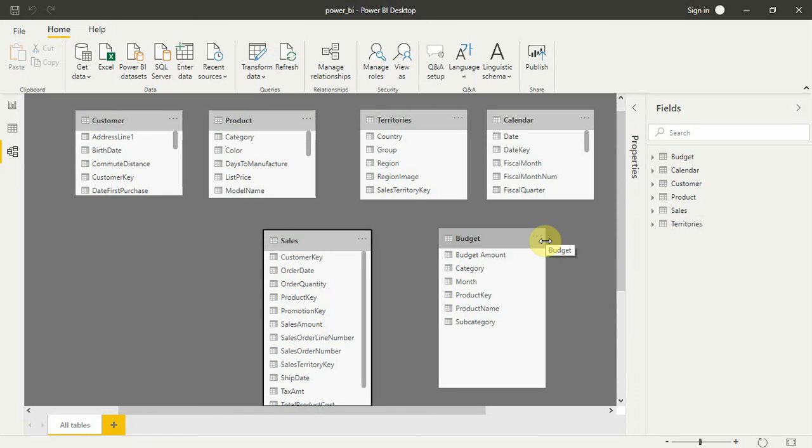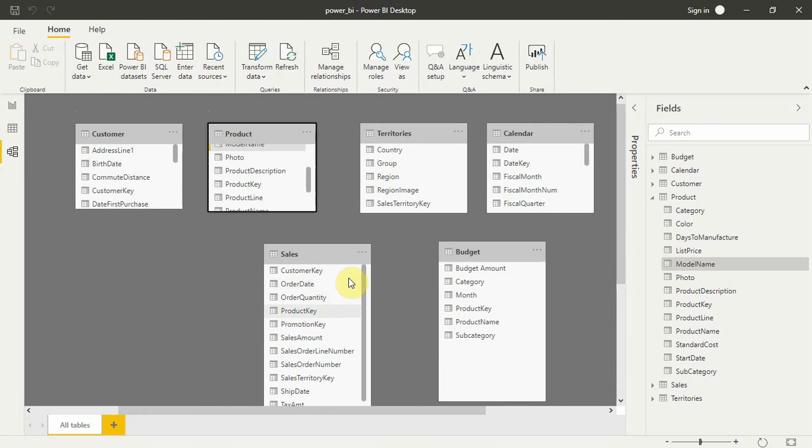Lookup tables are our who, what, where, when, and how. So sales: who purchased, customer; what, product; where, territory; when and how, calendar. So this is a lookup table. I won't go into much detail on data tables and lookup tables. You can surely Google it, but I think I've made it pretty clear what a data table is and what a lookup table is. So let's form relationships now.